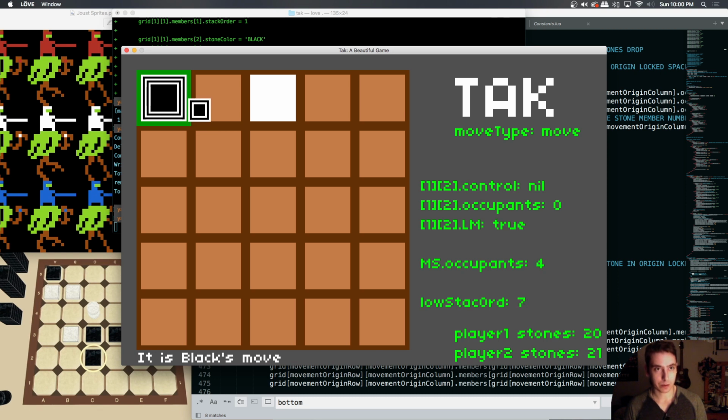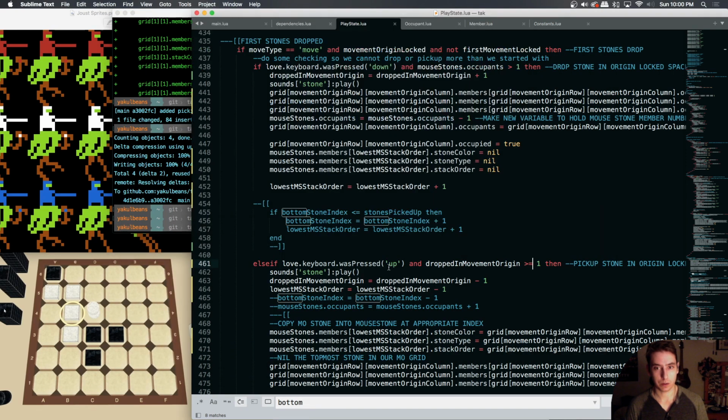Now, if we hit enter, we aren't actually rendering legal moves anymore, even though the legal moves is true there. So why is that happening? It knows it's a legal move, not rendering it. If we just click this, don't drop any, it is not a legal move. But if we hit enter, it becomes a legal move, yet we aren't rendering it. So why is that the case? You would think it'd only render